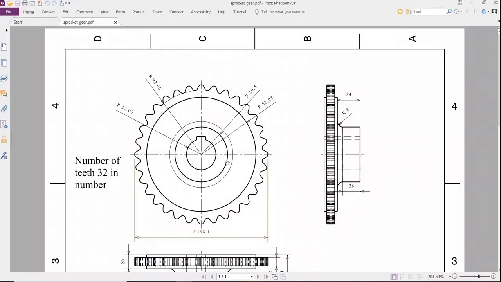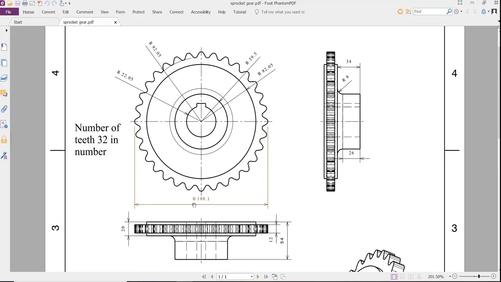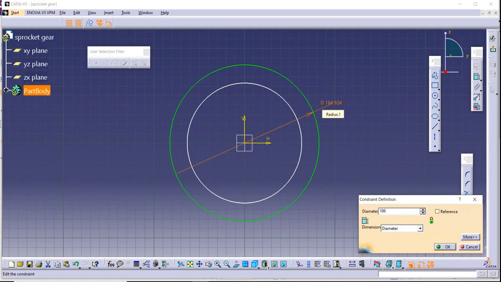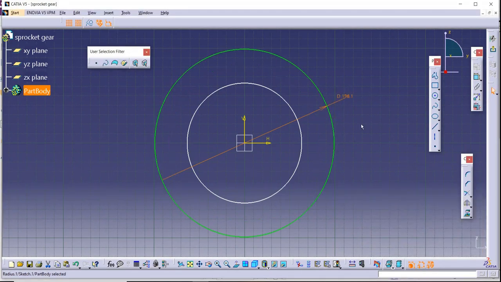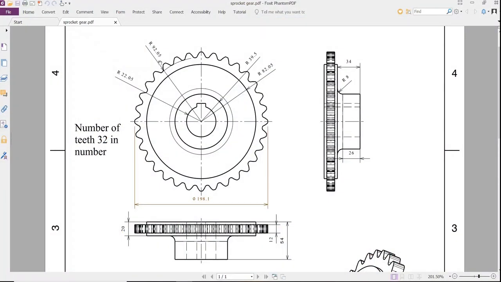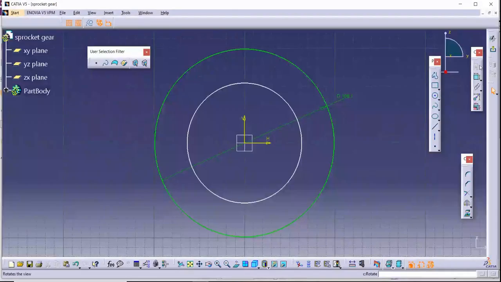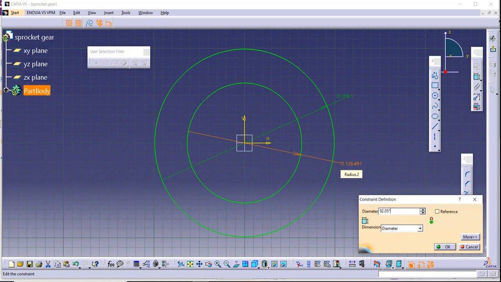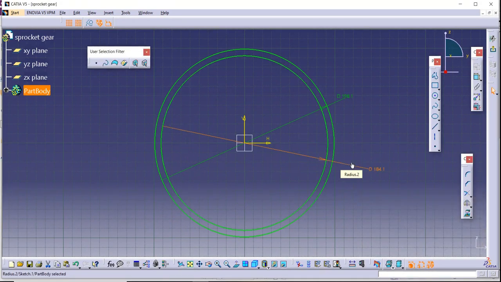The dimension of the outer circle is 198.1. The radius of the inner circle is 92.05, so the diameter is 92.05 times 2, equals